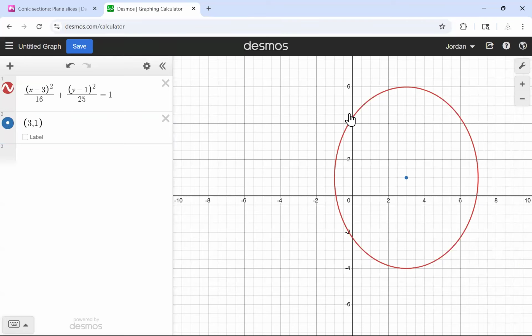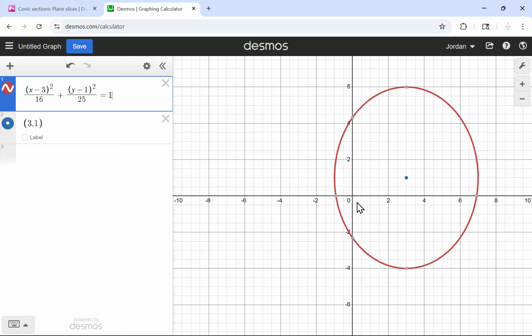So I graphed that in Desmos, and we do see we get an ellipse stretched out more in the y direction than in the x direction. The center there is 3, 1. And obviously 3, 6 and 3, -4 are my vertices. My co-vertices,